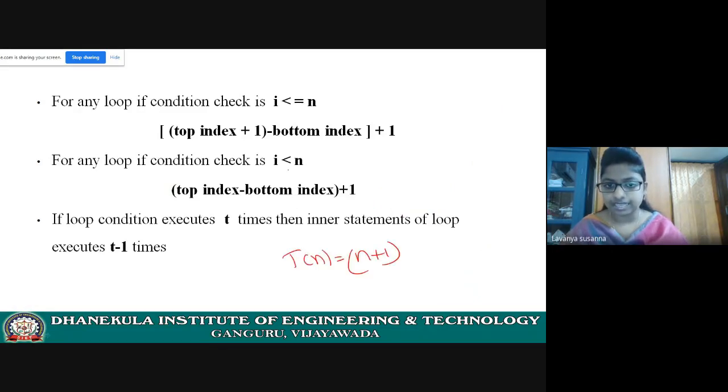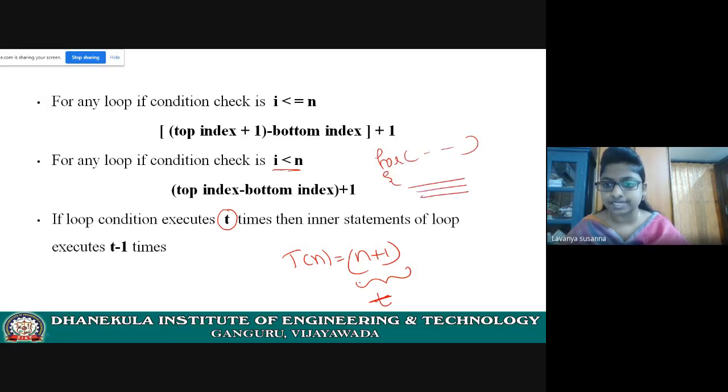For I is less than n in for loop, you got n plus 1. Here, t means time complexity; you got n plus 1. If loop condition executes t times, then inner statements inside the loop.